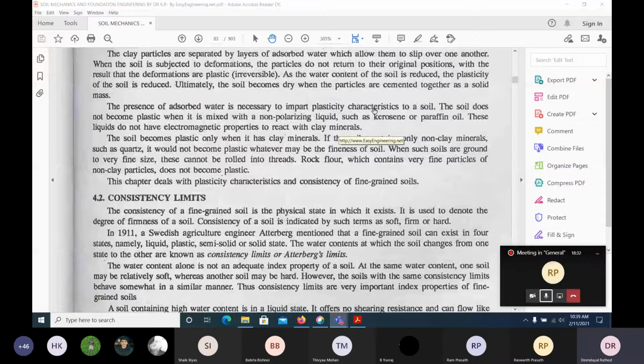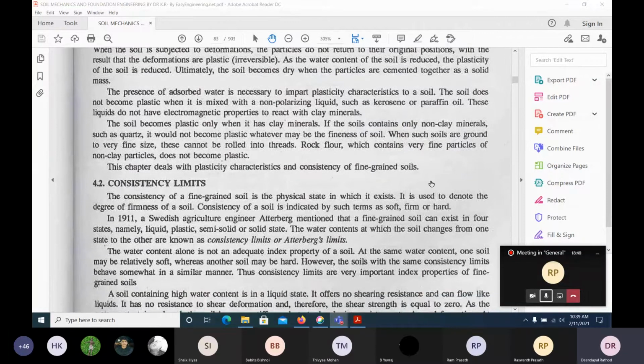So what he says is this fine grained soil can be in 3 to 4 stages. It can be soft, firm, and hard. Understand? This depends on the water content of the soil. So that means this clay can be soft if the water content is more, and medium soft, and then firm, then very hard. Clay can be very hard also, stiff clay we have, and can be very soft when you add water to it.